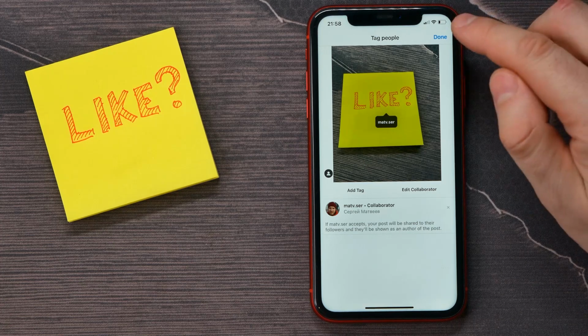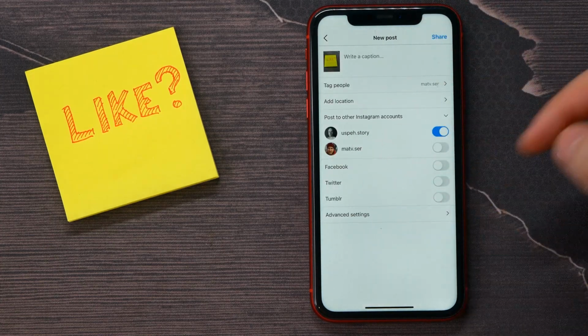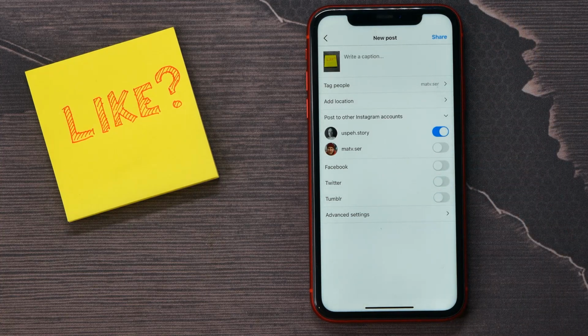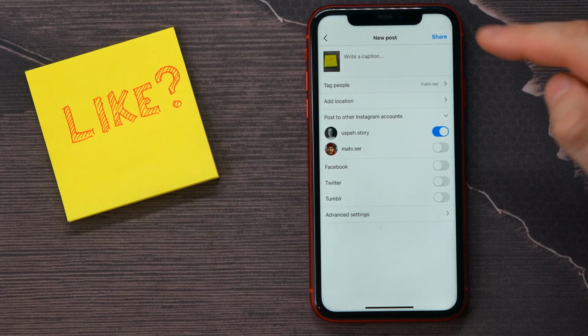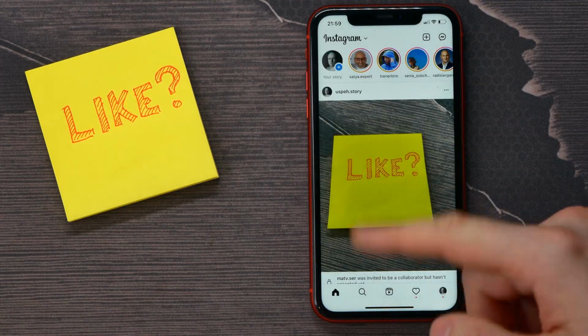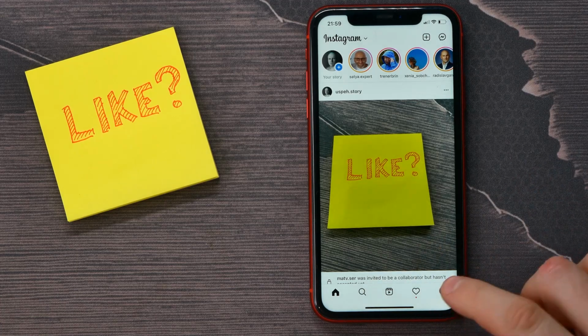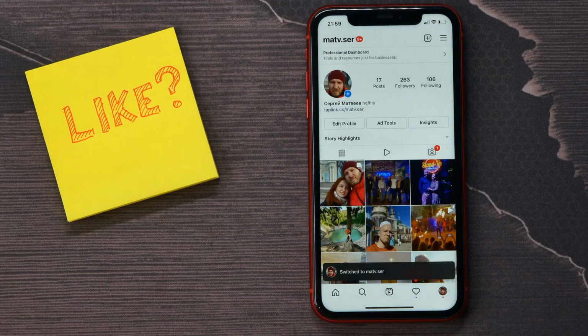the post. So now I tap done, and here I can write a caption or edit this post in any way that I want. And after that, when I'm ready with that post, I tap on share. So that post was successfully created, and now I need to go to my another account to accept invitation of